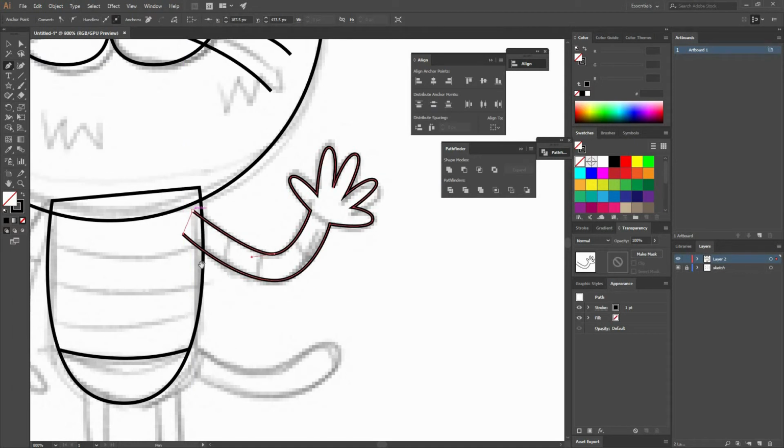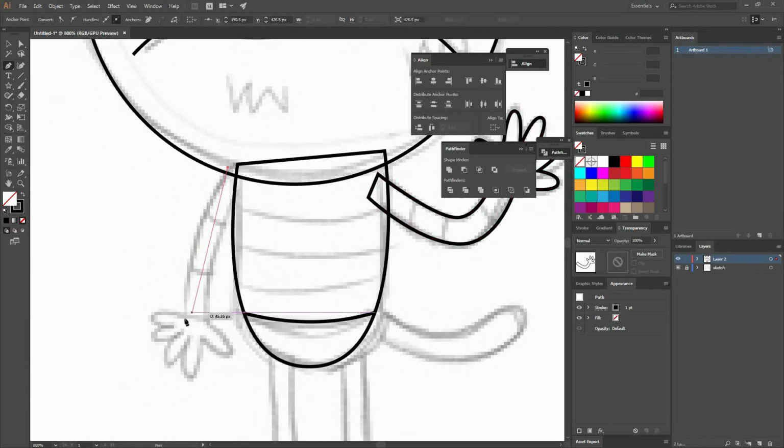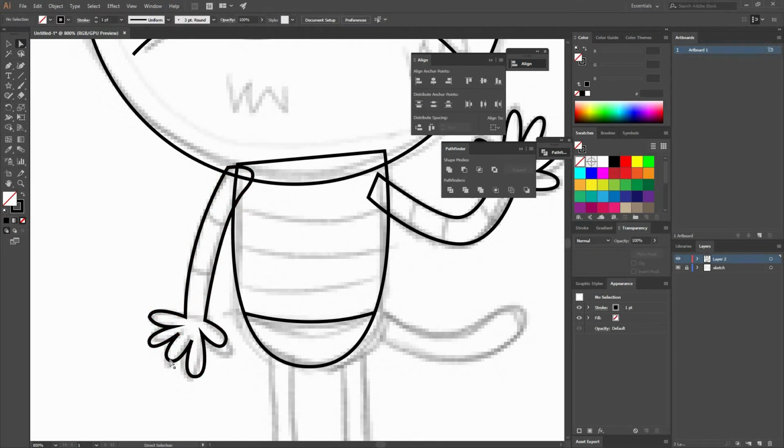Now that you have created that, you're going to close the shape, and I'm going to work on the other hand again with the same technique, just using the pen tool and going around using the sketch that I had created. You could always go with your direct selection tool or press A on your keyboard to refine your shape in case you think something is not working. Like for example, here I'm moving the size of the fingers.